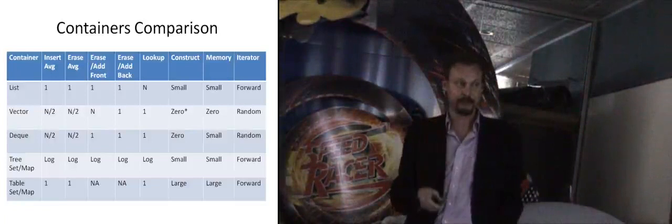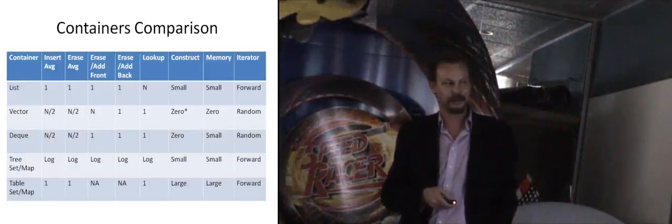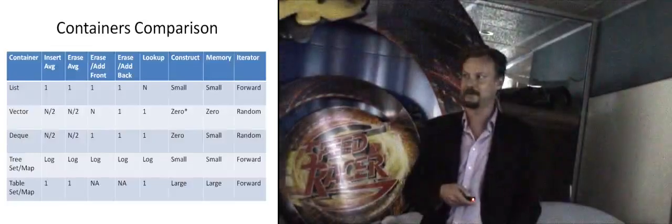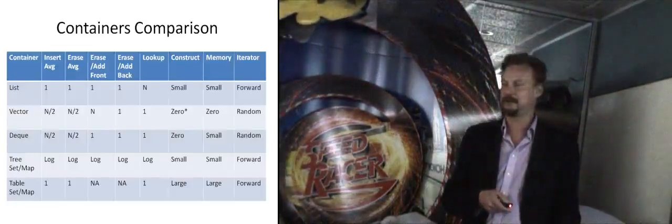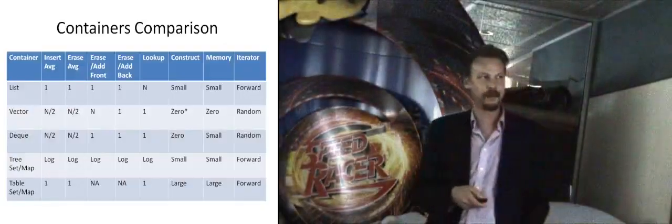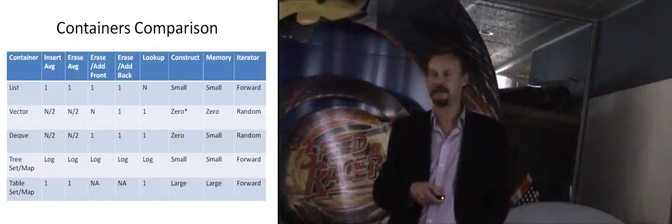Looking up into a vector is, well, now see, I've now done the wrong thing, haven't I? Because accessing the nth element is constant time, and it's constant time there, but I originally said that finding an element in a list is n, in which case finding an element in a vector is also n. So, I apologise, but this really means finding the nth element in the container.